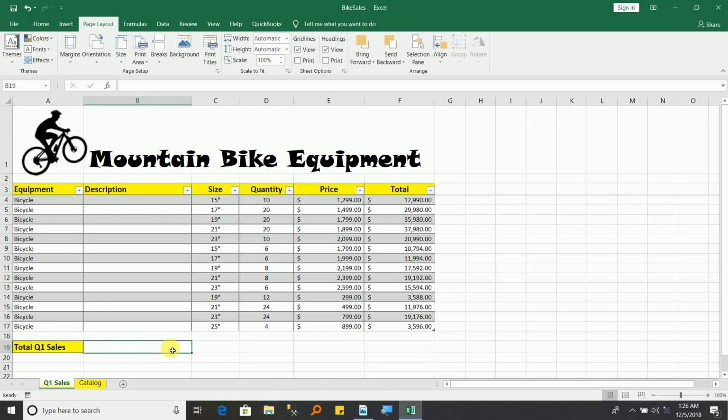So my B19 is to insert a function that will calculate the total. If you've been using Excel for a very long time, you know that the function that we will be using here will be the sum function. So if you know your way around, you just type in equal to SUM, you open a bracket,